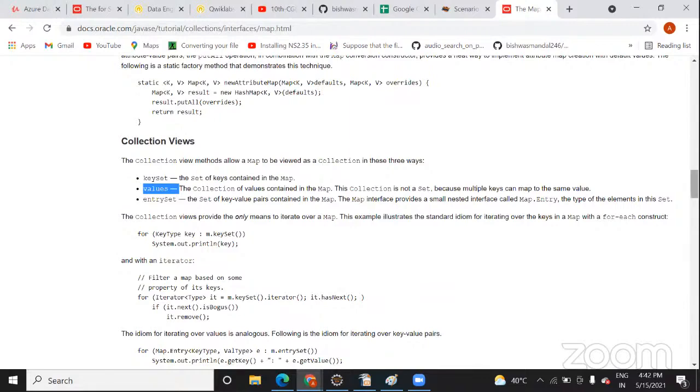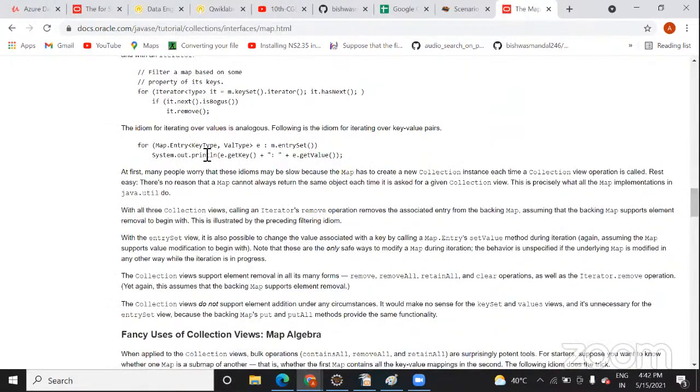Yeah, this one, in this kind, right? Whatever entry you have inside the map, that is key type and value type. Key is what? Integer type. Value is string. So you usually write a HashMap of integer, string type. In the map, for every entry set, you are going to find out each entry's key, as well as each entry's value.